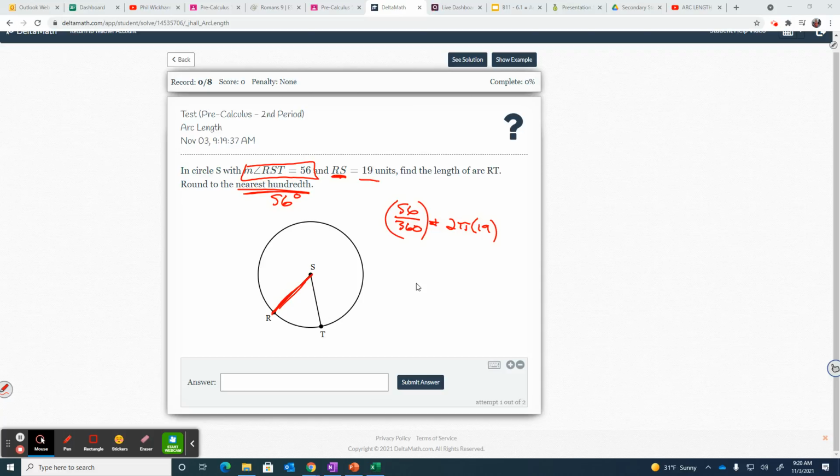So you've got 8 of those for arc length. And it's just the same basic formula every time. And then also 8 for